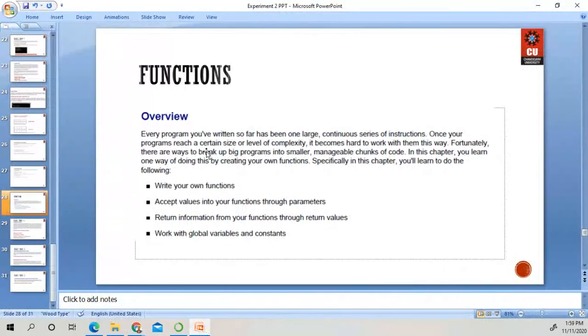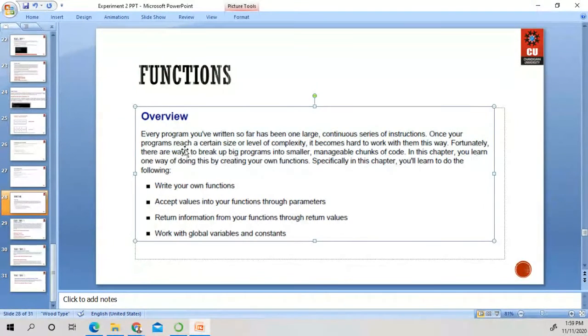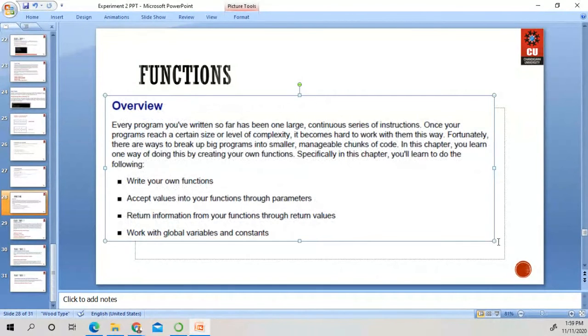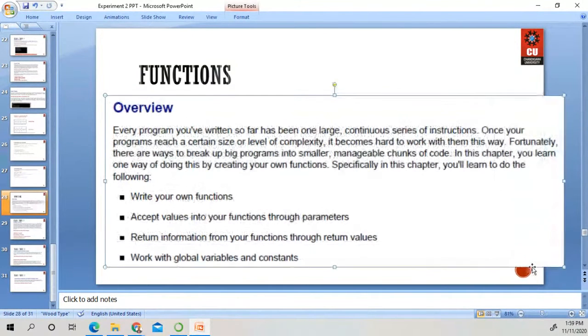Understood. Let's see this function. What is its definition right here? Every program you have written so far has been one larger continuous series of instructions. Once your program reaches a certain size or level of complexity, it becomes hard to work with them this way.